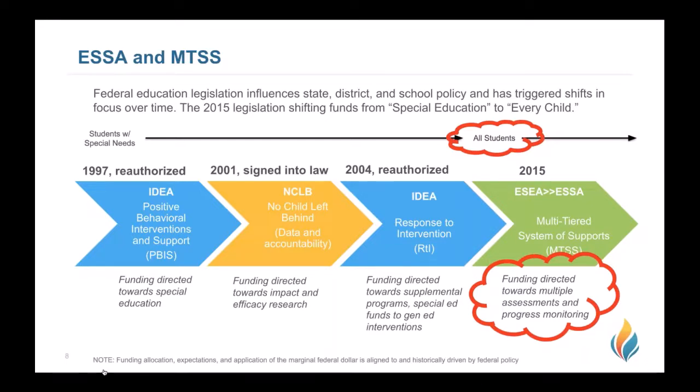So in 2015, we had the ESEA, which actually turned then into the Every Student Succeeds Act, and the main thing that we're seeing here is that the focus has shifted to all students and making sure that every student is really successful because of what we were seeing for the years previous. And the big thing here is that we're finding that schools are choosing to implement MTSS,